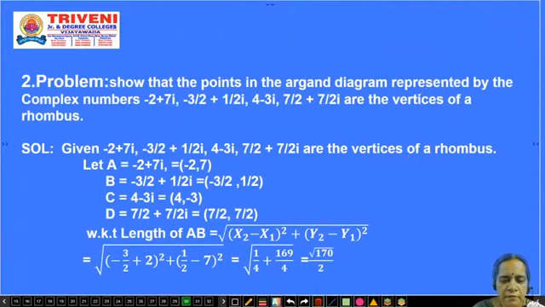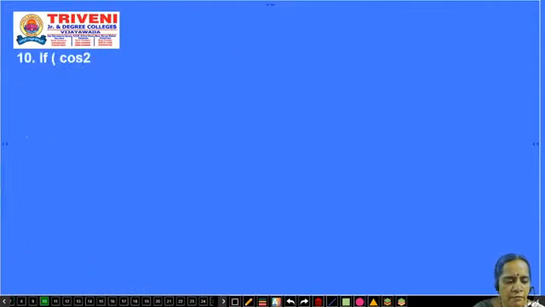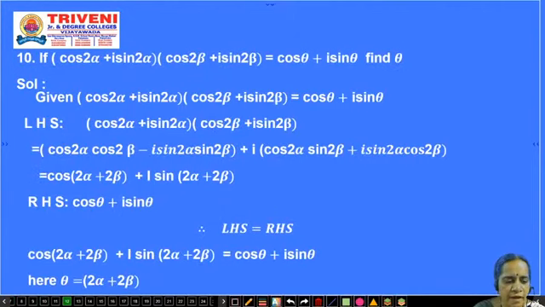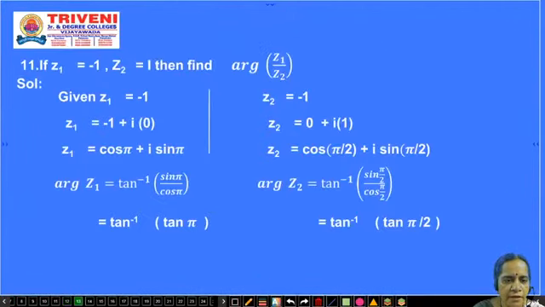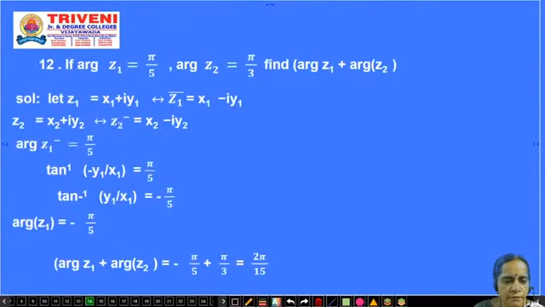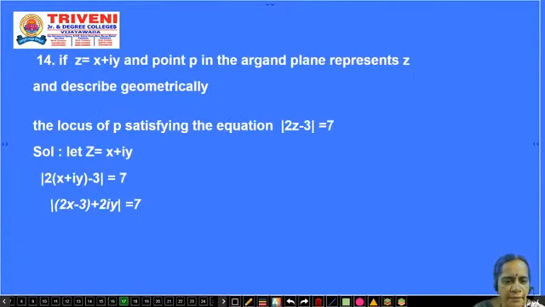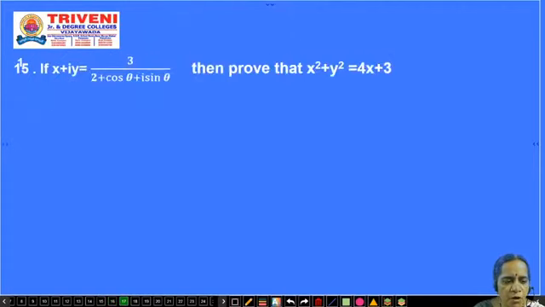Okay. Now in today's class, what we have to know are these values. First we have to find the geometrical representation. Suppose we have to find the value of theta here, and then the argand of z1 by z2, and next one is the argand of z1 plus z2. Augmented matrices we have to find. Then take these problems, do the geometrical representation and find the locus.